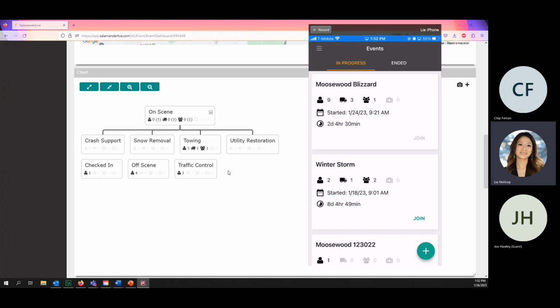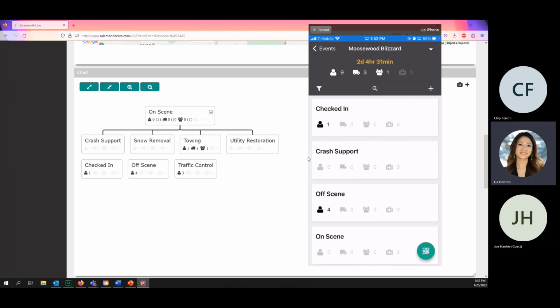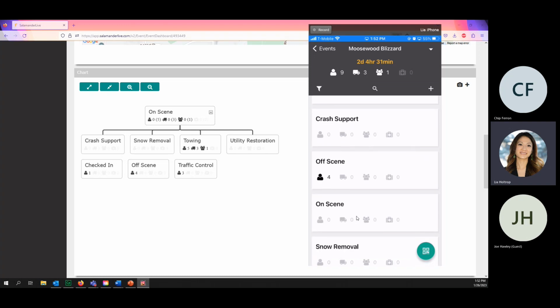I can tap join, and it shows all my people. Should be exactly the same as on here. Checked in, crash report, etc. So you can still do your scanning of barcodes and everything from here, and it's still going to sync up